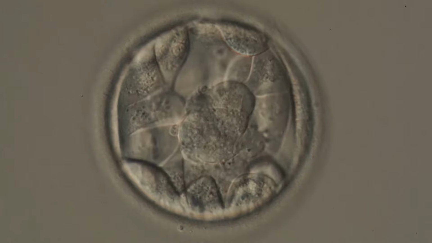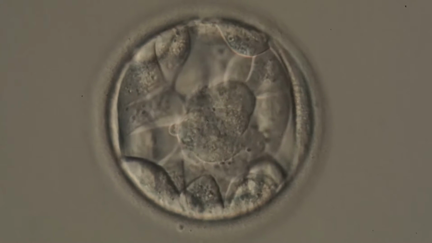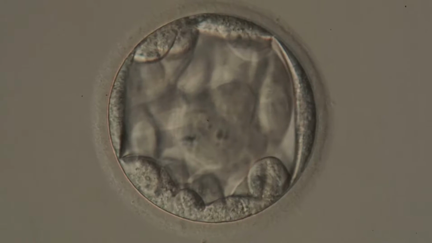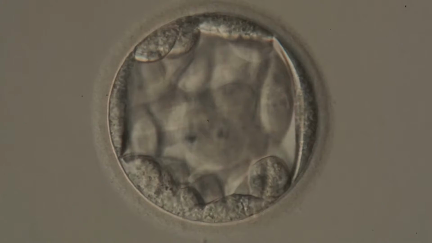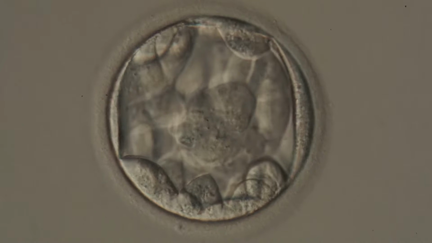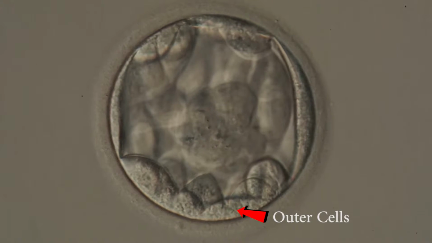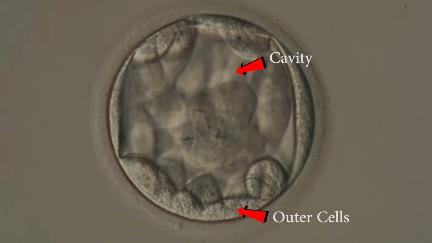Today we are going to look at a group of embryos that have been in the IVF lab for 5 days. By now, an embryo should have reached the blastocyst stage and be ready for implantation in the uterus. This stage of embryo development is characterized by the presence of 2 cell types and a fluid-filled cavity, or cyst. The outer cells in the embryo pump fluid into the central cavity, causing the whole embryo to inflate and burst